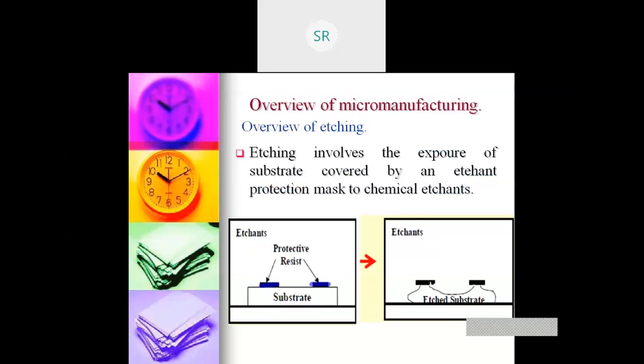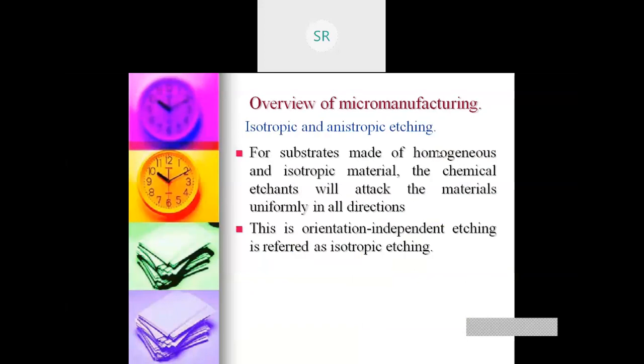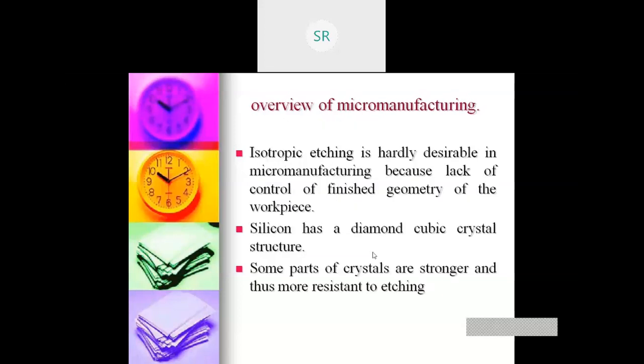So for a homogeneous isotropic material, the chemical agent will attack the material uniformly in all the directions. This is orientation independent etching, called isotropic etching.